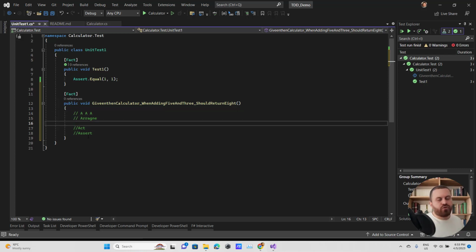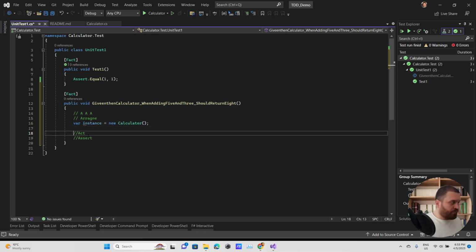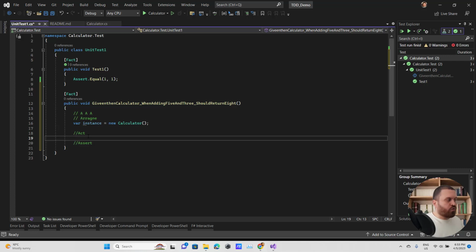In the arrange part, you need to instantiate the class that you want to test. You need to do the things that you want to do before calling the method. For example, here I am going to create an instance: var instance equals new Calculator. Fine. In the act, I'm going to call the sum method.